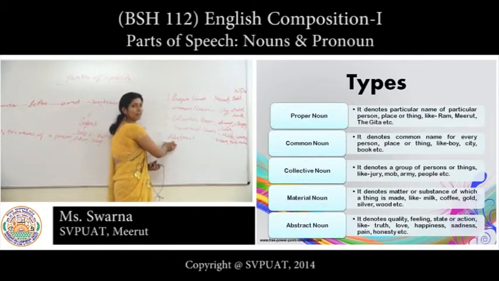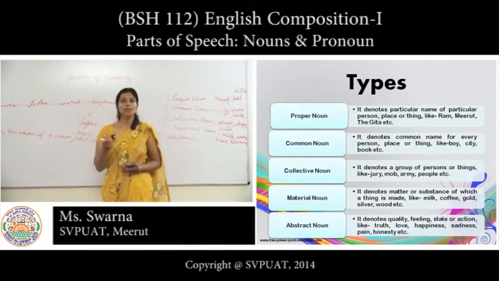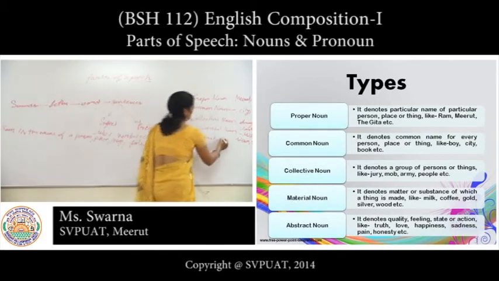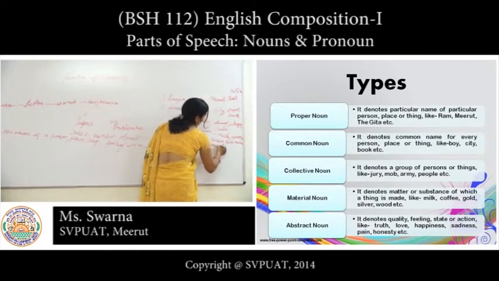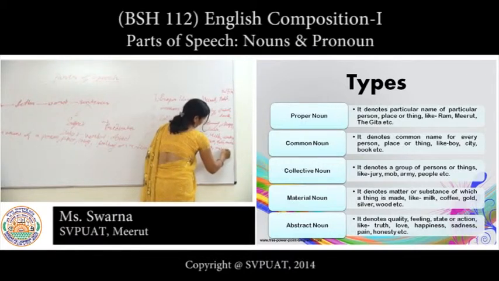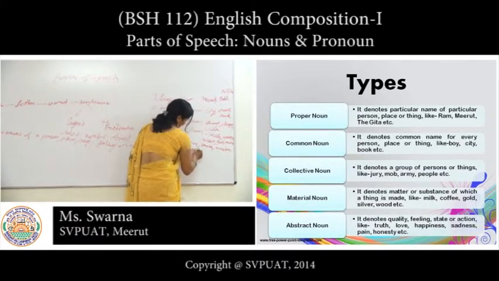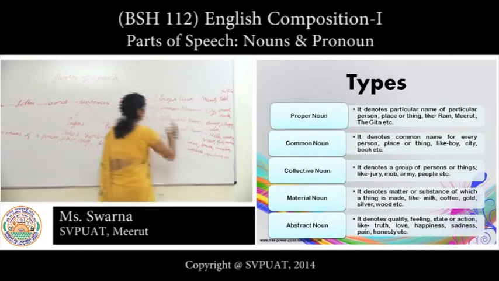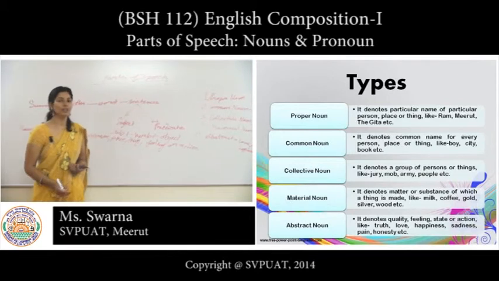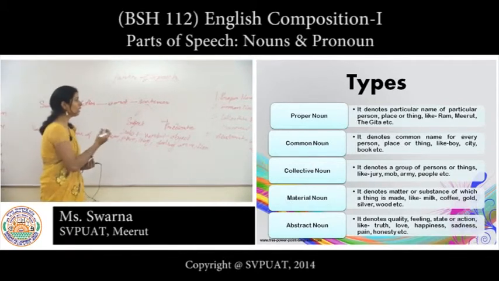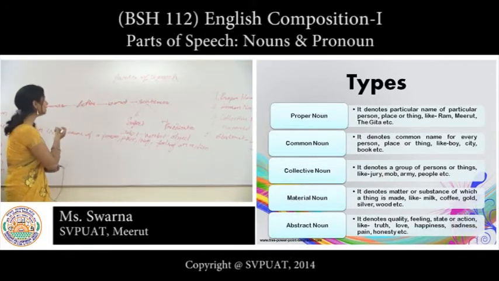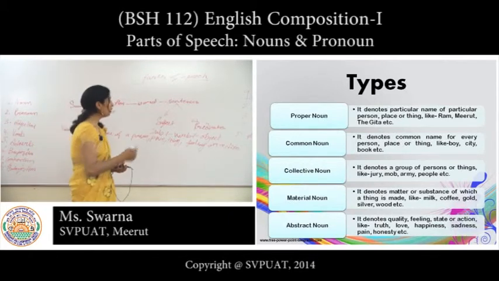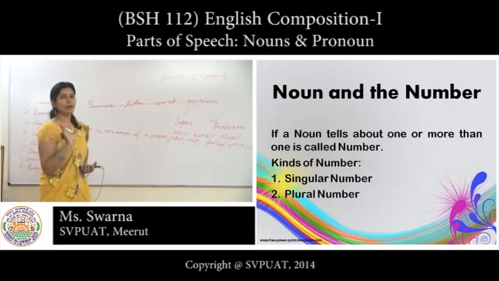Now, abstract noun. Abstract noun denotes the name of a person's feelings, action or state of mind, like love, truth, wisdom, happiness, sadness, etc. So these are the 5 types of noun which are used in a sentence, and there are a lot of rules related to noun or related to each part of speech which we should know when we use these words in a sentence. So noun is 2 in number, like